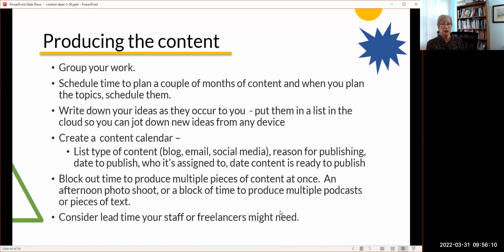As you're producing the content, how do you take all this information that you decided you need, and how do you create it? The easiest way to do it is to schedule time and plan out a couple of months worth of content at one time. Because if you wait to do it week by week, it doesn't get done. Take an hour and plan out what content you're going to use and when you're going to put it up on the site. Write down your ideas as they occur to you. Save all that research you've done, because you can keep going back to that over and over again, and create a content calendar for yourself so that you know what type of content you're going to publish, what media you want it to go out to, and when you want it to go out.